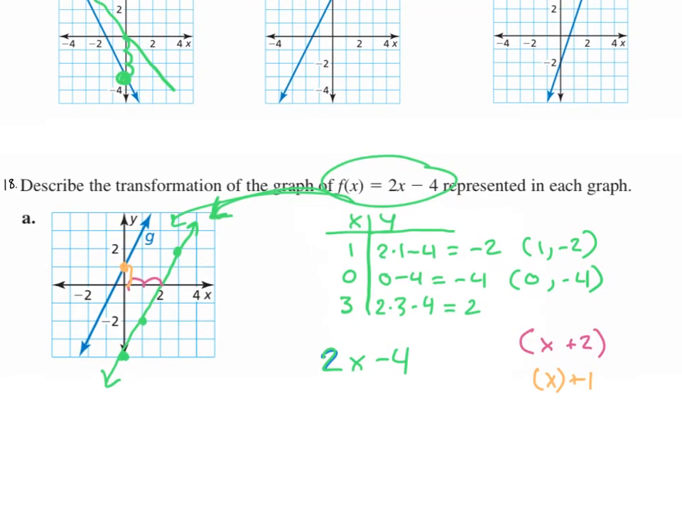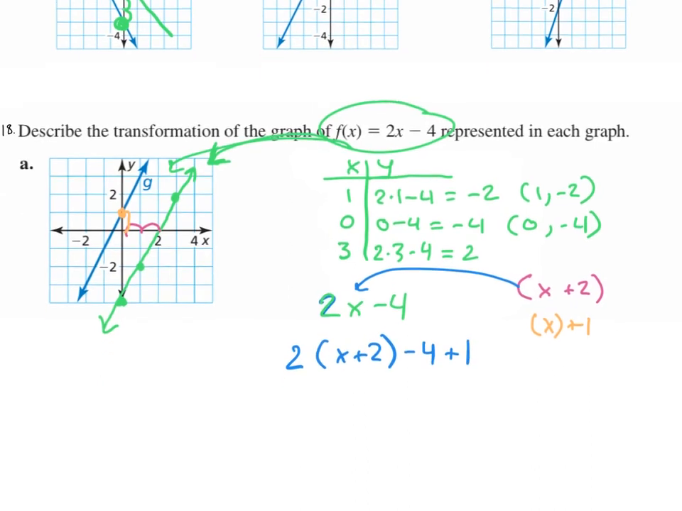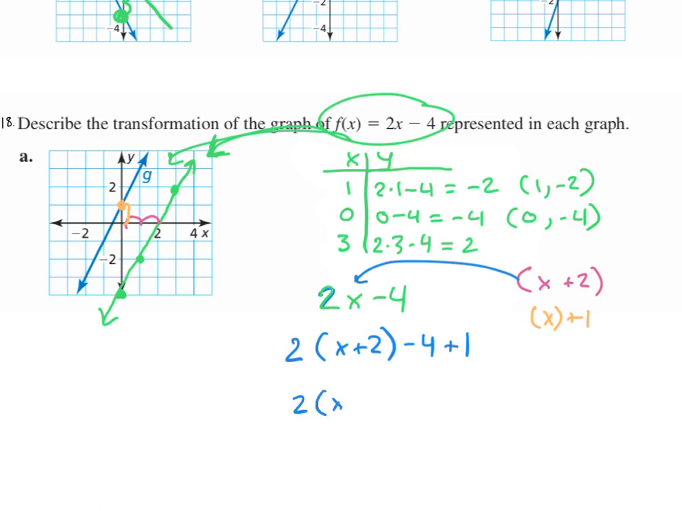So now we need to take these 2 transformations and put them into our f of x function. So we have 2. We plug in what's in our parentheses in for x. So 2 times x plus 2, and then minus 4 plus 1. I can simplify this a bit. So I have 2 times x plus 2. Negative 4 plus 1 would be minus 3. So our g of x would be 2 times x plus 2 minus 3,